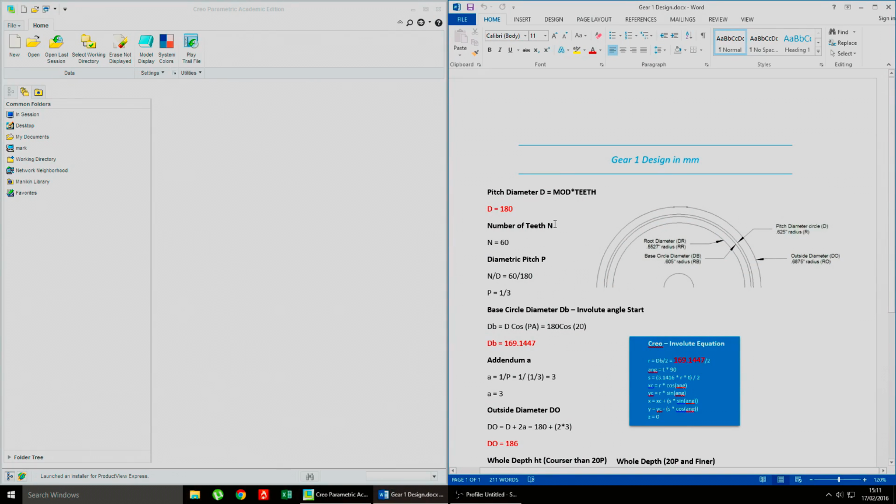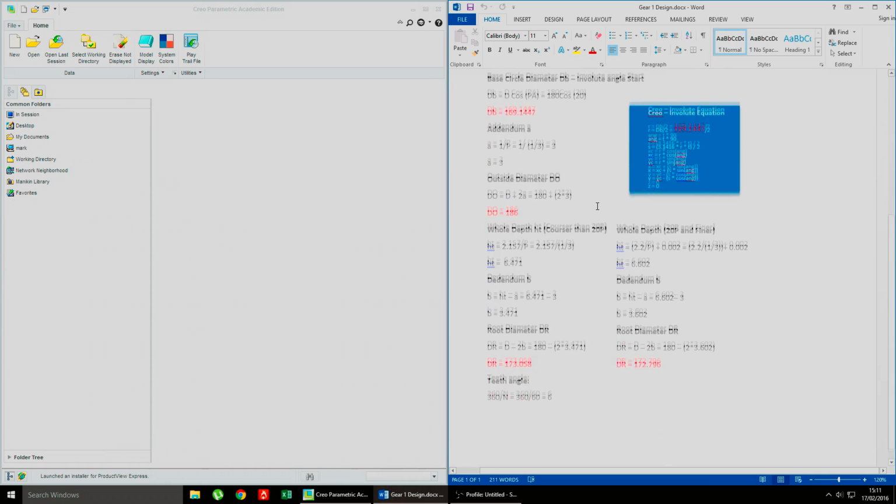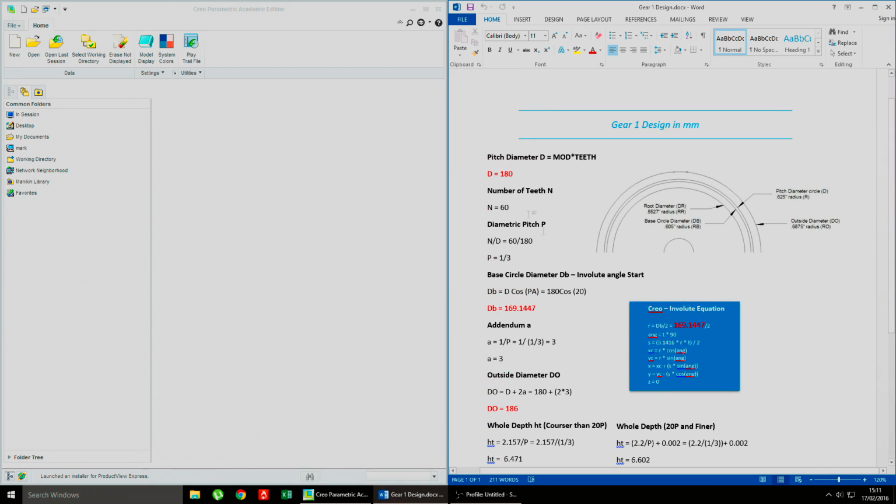Now, before you can actually make a spur gear, you need to know one very important thing. You're going to need to do a bit of maths, and this makes it a lot easier for you. If you just literally follow this, you should be fine. So let's get started on the actual maths. I know that doesn't really sound very fun, but you kind of have to do it to get your gear